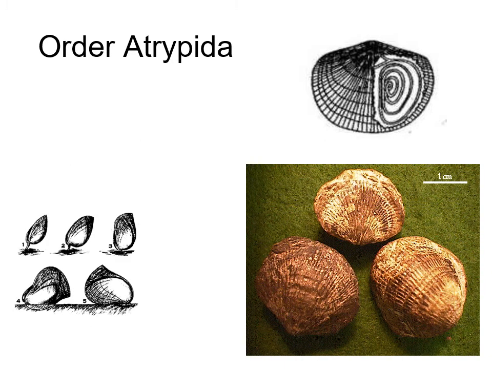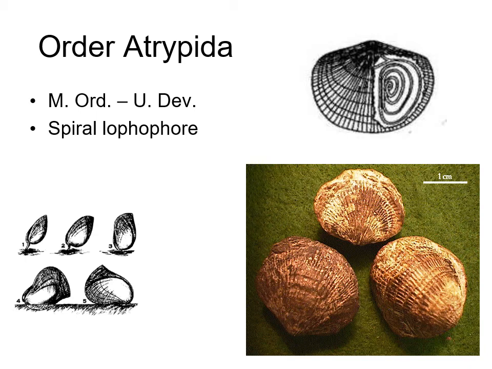Another order would be the Atripids, which look a little bit like the orthids at first appearance. These are around from the middle Ordovician through the upper Devonian. Inside of the Atripids, and occasionally this does fossilize and mineralize, we have a spiral lophophore. So you'll see these kind of coil spring-like structures. Now, the purpose of this is it allowed the lophophore to wrap around a longer object, which means that's a